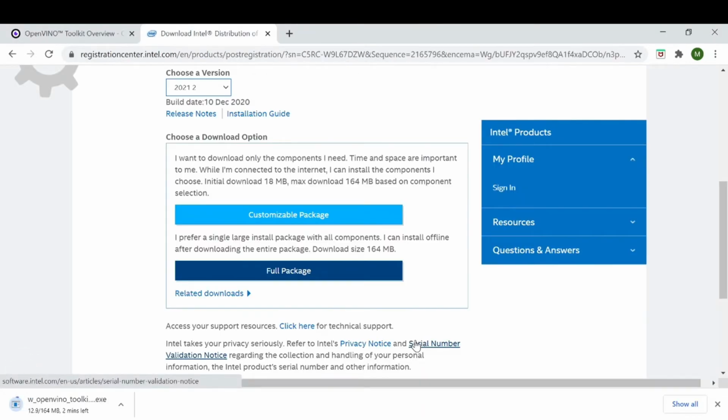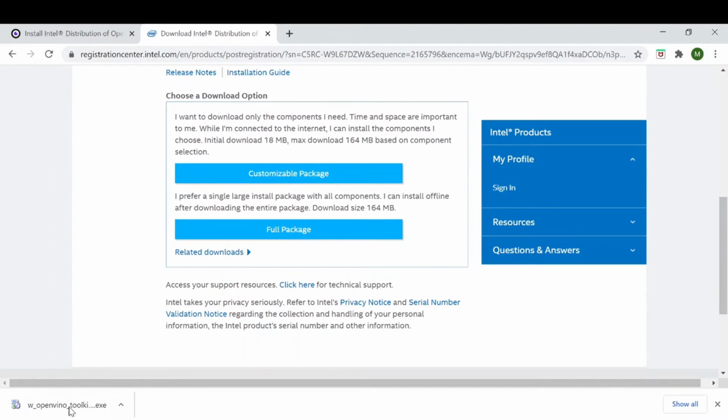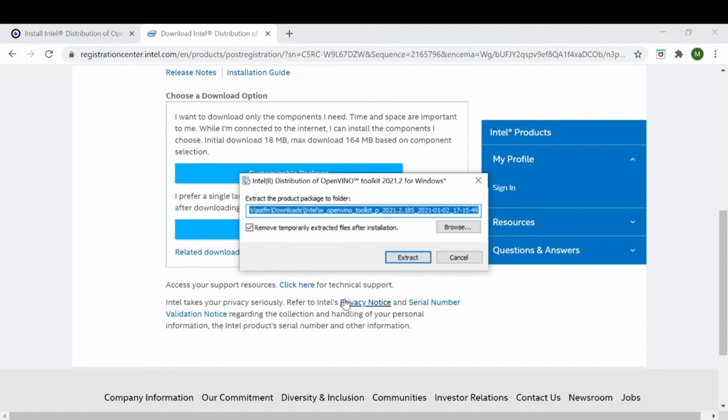And then we'll download it. Once downloaded, we'll extract it.